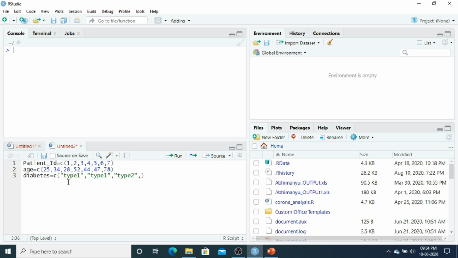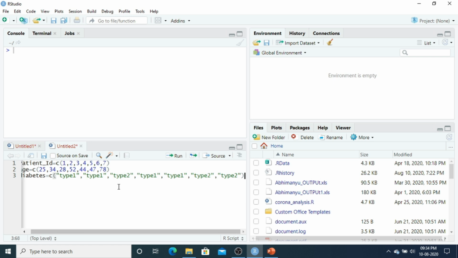Okay, I can copy and paste since it is taking time to do these things. Let us copy and paste here. So type 1, 2, 3, 6, one more is there, so that is type 2. Okay, this is your diabetes.